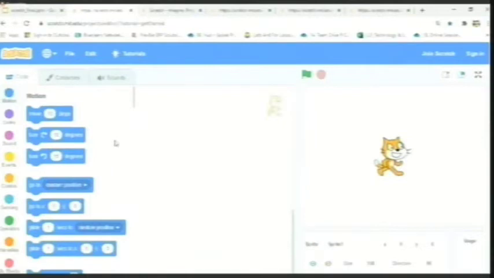And then we have another terminology called a stage. Now, stage is a very common word that we have heard about. Similarly, here also stage means to put something for a visual, to put something to see for the other person. So here, the white space where the cat is available is called a stage. This is where all your programs will be running, or all your animations, little tests that have to be done. All these movements will be seen in this particular area. So we're going to stage it for the person to see it. That is why it is called a stage.